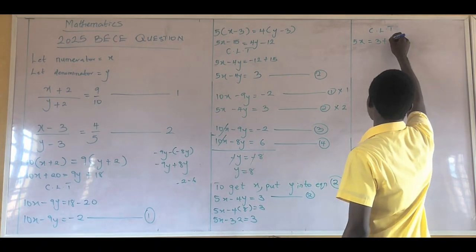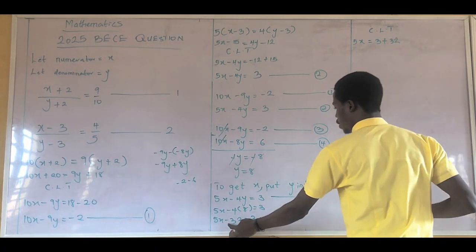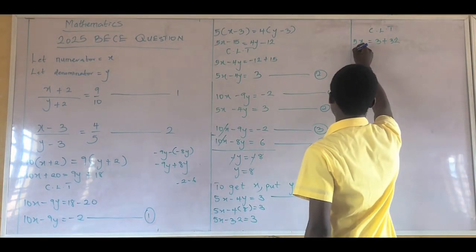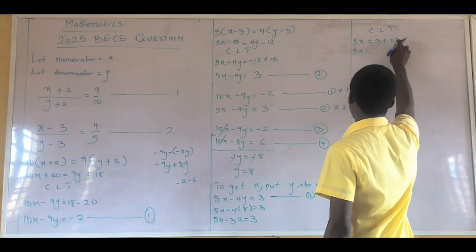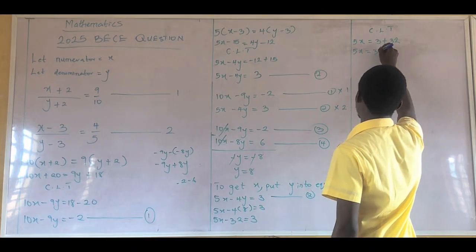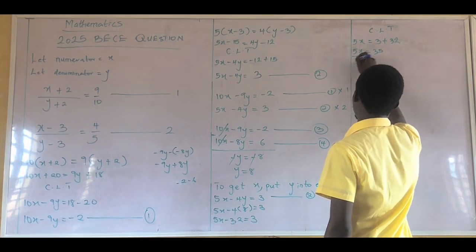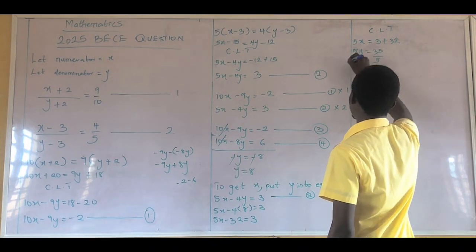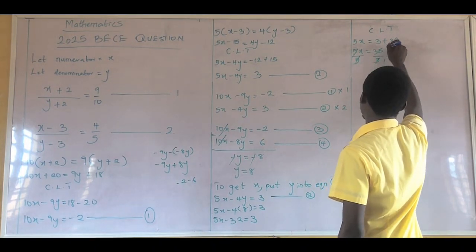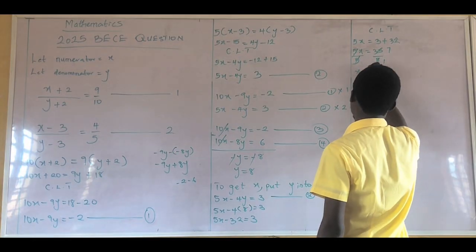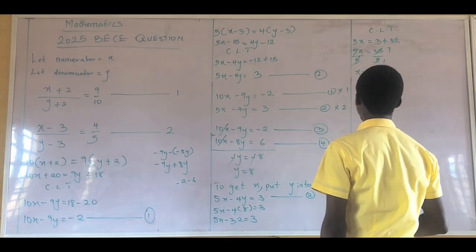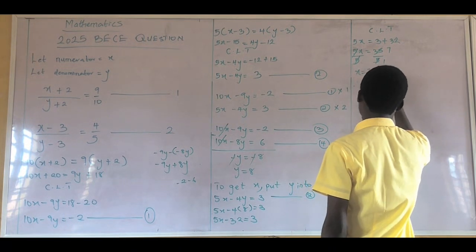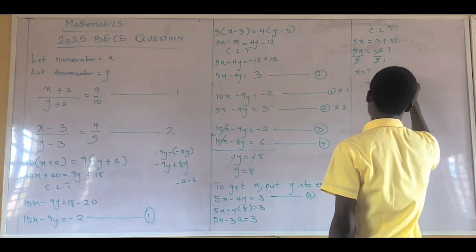Minus what? Plus 32. This minus 32 is going to cross over to the other side to make 3, to give us this. So we're going to have 5x equals 32 plus this, which gives us 35. Then we have to divide both sides by the coefficient of x, which is 5. This cancels this: 5 here is 1, 5 here is 7. x equals 7. So therefore, x equals 7 and